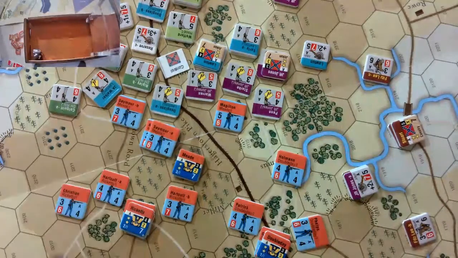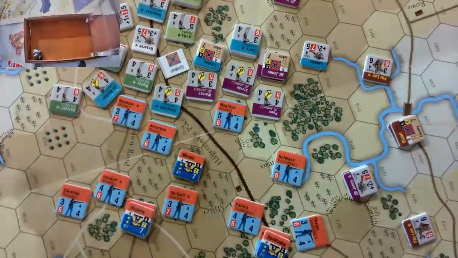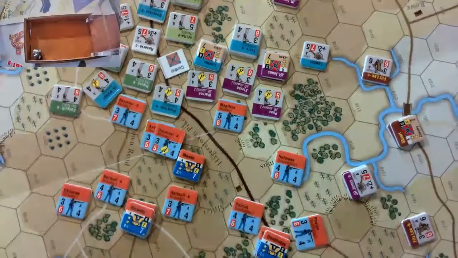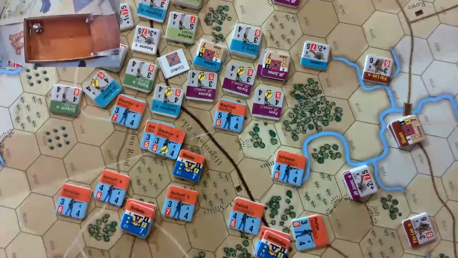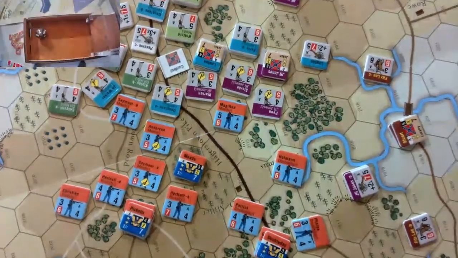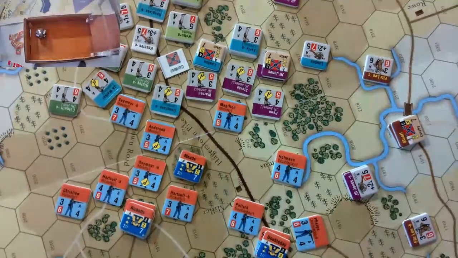Rolls a 1. Ooh, that's not good. So that's disordered for both units. So they will both flip over. And now they have to do cohesion checks for retreat. So top one, he retreats. Bottom one, he stays put. Well, that wasn't too good for Meade. Okay, let's move on then to Ricketts